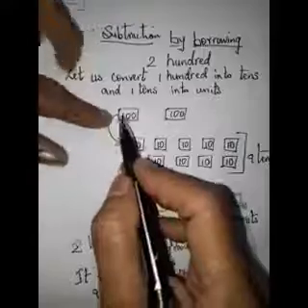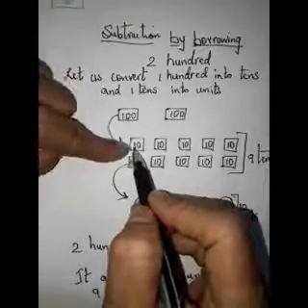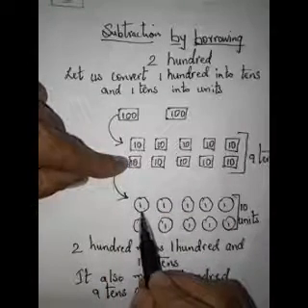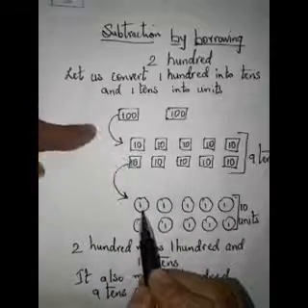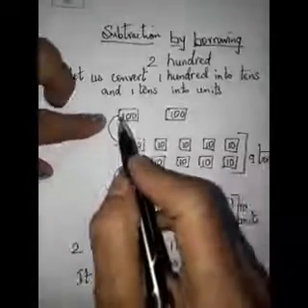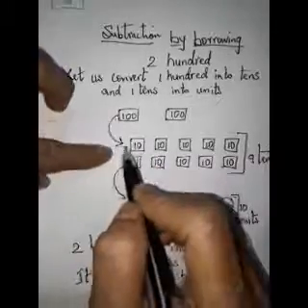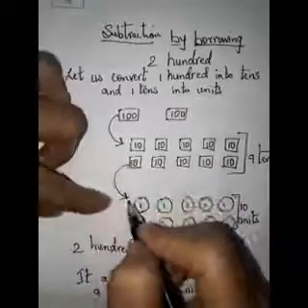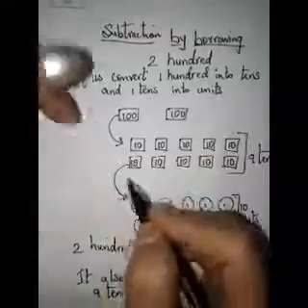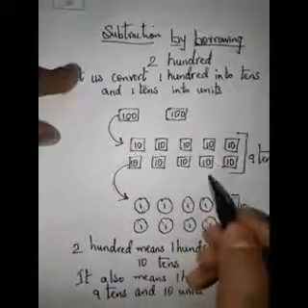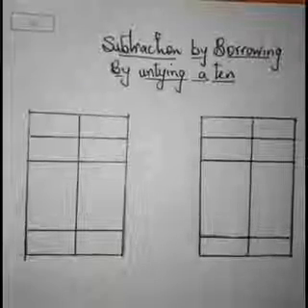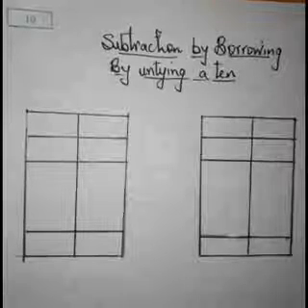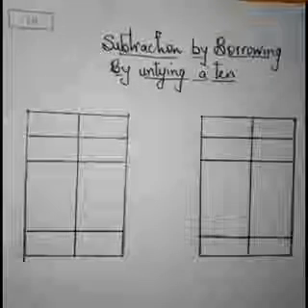So when you take 100, it gets converted into tenths, and suppose you take tenths, it gets converted into units. Okay, so we untie 100, or sometimes we'll have to untie 110 also. Untie means convert when we are doing the subtraction sums. Children, now I'll teach you sums by untying a 10. That means converting tens into units.